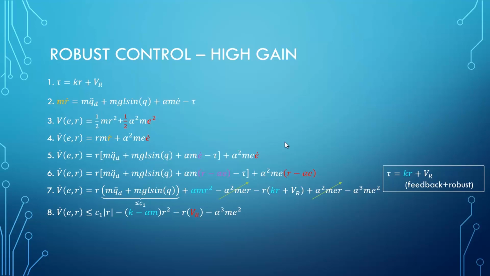So we have minus r squared, and you need to choose